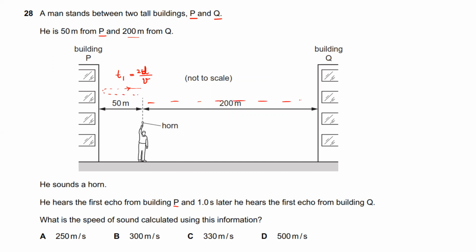Similarly, the sound from the other building goes there and comes back, so T2 is 2 D2 divided by V, and the velocity of sound remains the same. So T1 becomes 100 divided by V, and T2 becomes 400 divided by V. And if I say delta T is 1 second, the difference between the times he hears them is 1 second, so T2